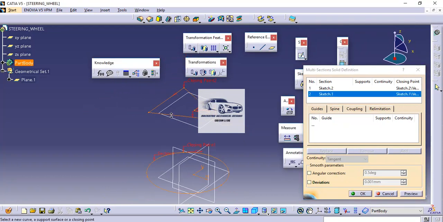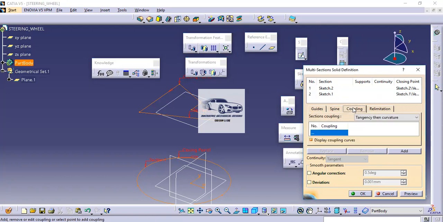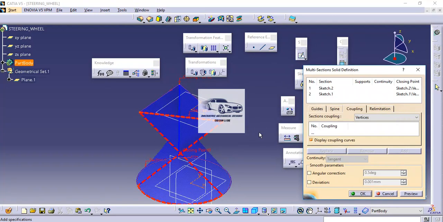And now again I will select the triangle. So this is the triangle. Now let us check whether we get the output or not. To get the output, we have to change the default coupling mode. In coupling, we have to select the ratio mode. The ratio mode gives the output by considering the geometry and endpoints of the profiles. But for example, if we select the vertices and click on preview, we get a direct output.